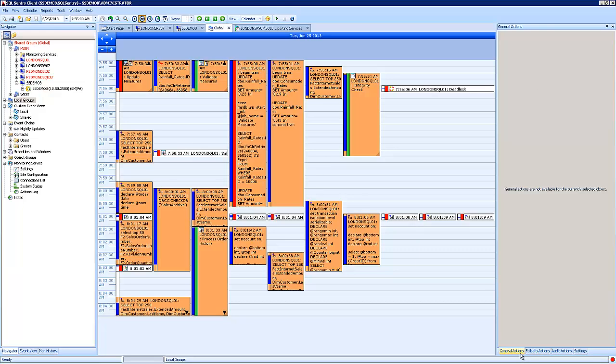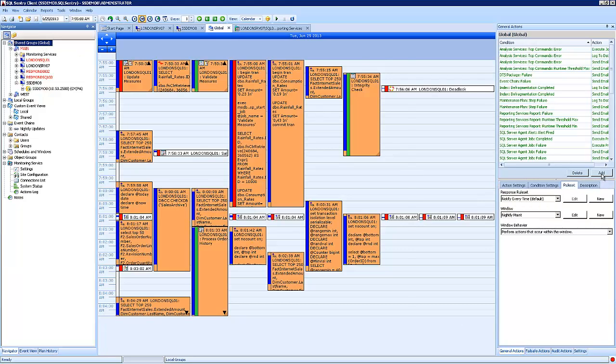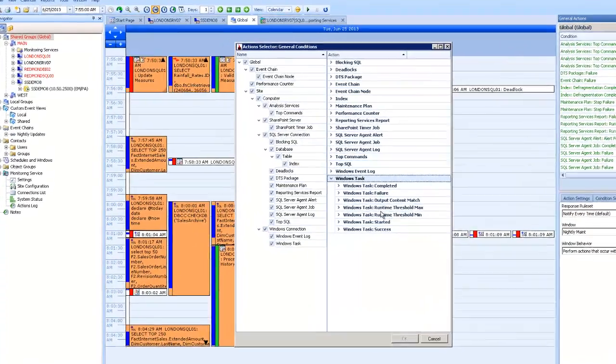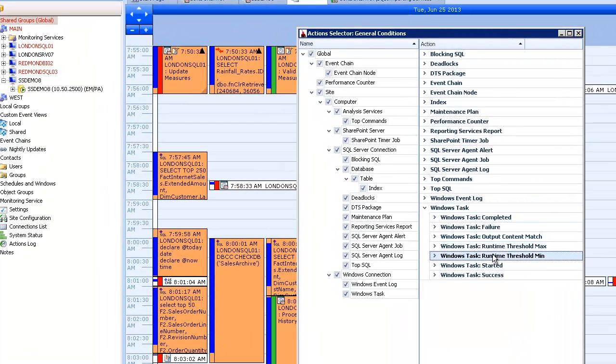But now with the new condition filtering that we looked at, like on the Windows event log, you have quite a bit more ability to filter any of these alerts and not necessarily just do it on the output content matching. Then you have the runtime threshold max and min, and you can specify what your runtime thresholds are, whether that is a percentage of average duration or a hard threshold. Because there may be something that I want to know as a general rule. Let me know if anything runs for more than 250% of its average, because at that point it might